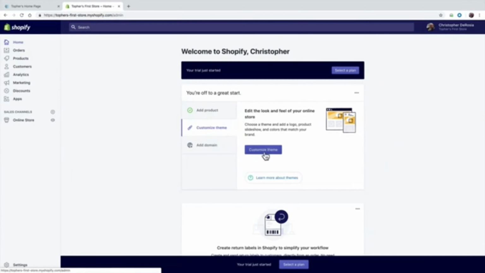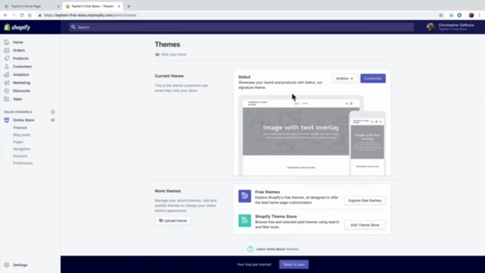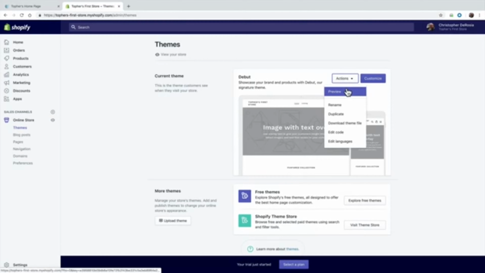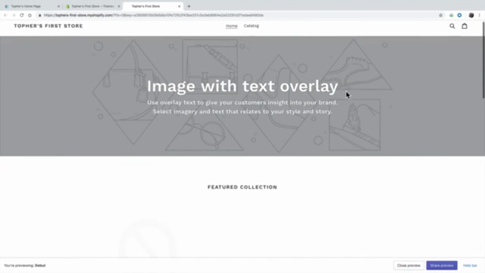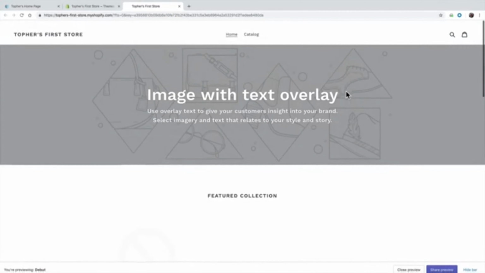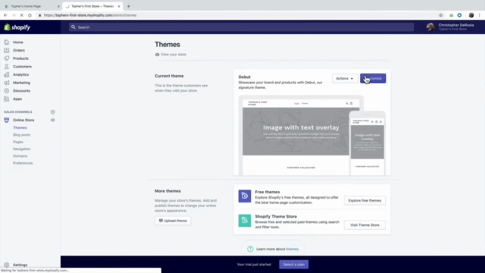Once we've added a product, we can customize a theme real quick. This one is called Debut, their signature theme. We can preview, rename, duplicate, etc. Let's preview without making any changes at all. It's pretty bland, but that's okay. We didn't make any changes. We can click Customize,